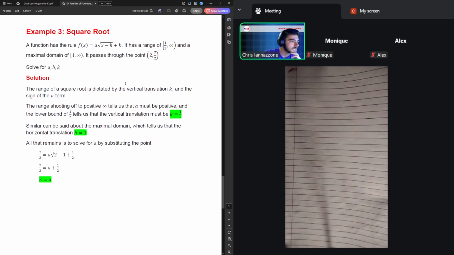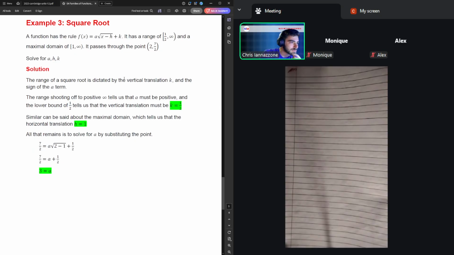Cool. Last example we have here is going to be for the square root. Again, fully generic. This time I was trying to be a bit more creative with it, giving range and domain information, more specifically maximal domain information. Because technically, if it just said domain, that wouldn't necessarily directly translate to anything in the graph, because